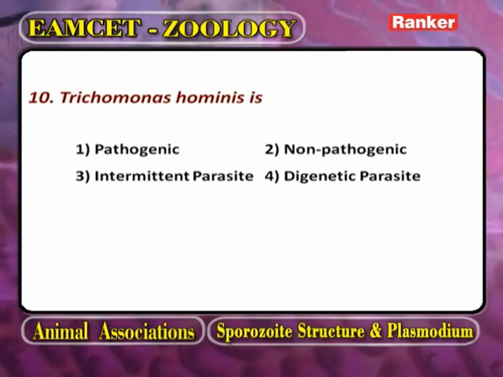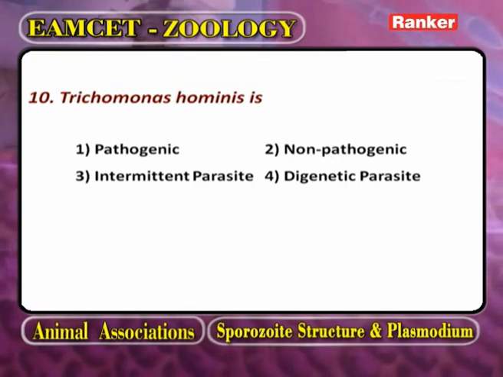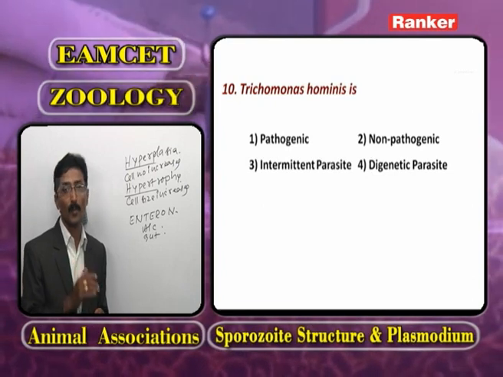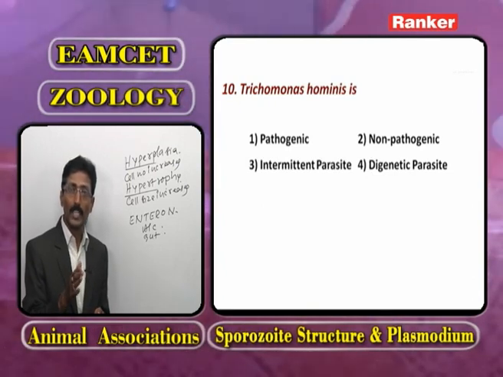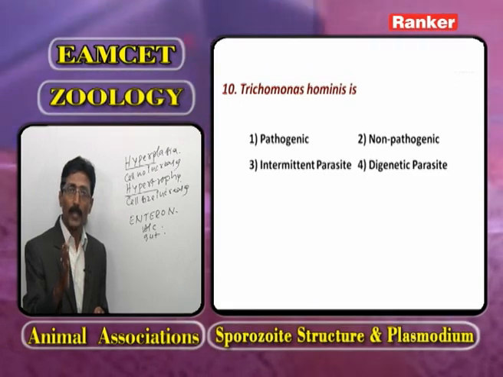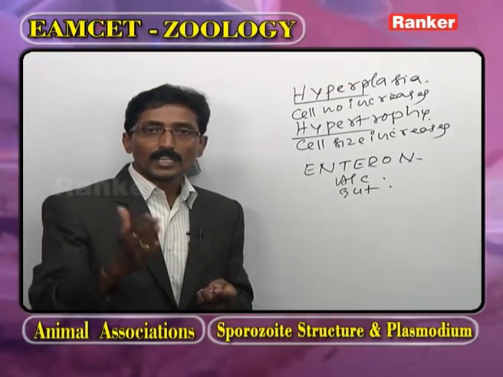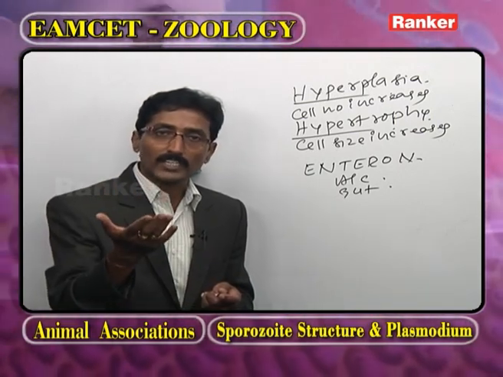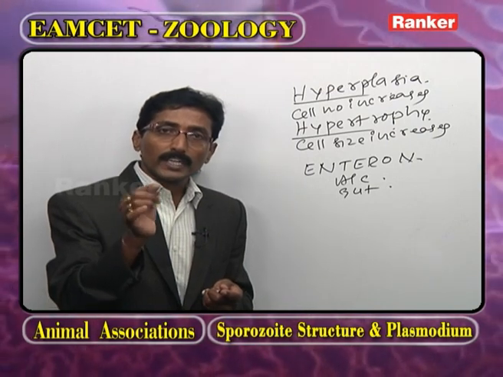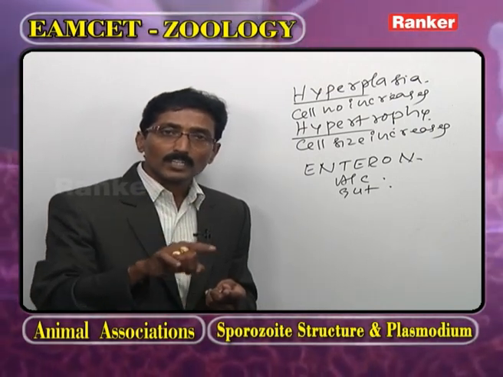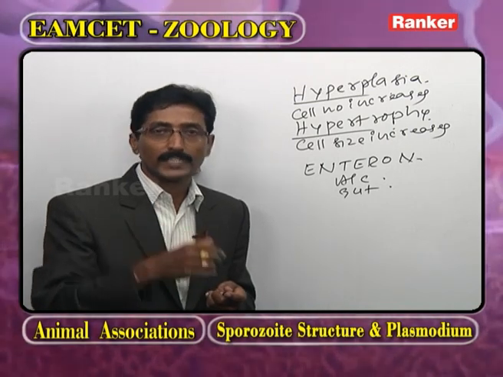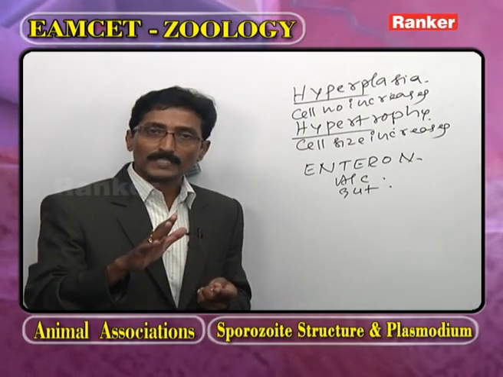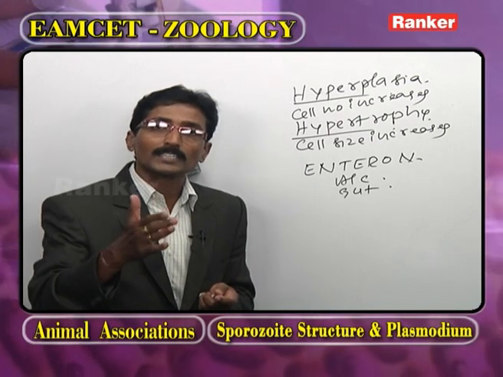Trichomonas hominis. Here Trichomonas is the genus. Under the Trichomonas genus, so many species are present. One we call hominis. Now as we observe the types of parasites: ectoparasite, a parasite present outside the host body. What about the endoparasite? A parasite inside the host. What are the classifications of endoparasite? One is intra, a parasite inside the cell. One is inter, a parasite outside the cell. Coelozoic, a parasite inside the cavities. Hyperparasite, one parasite that lives on another parasite.